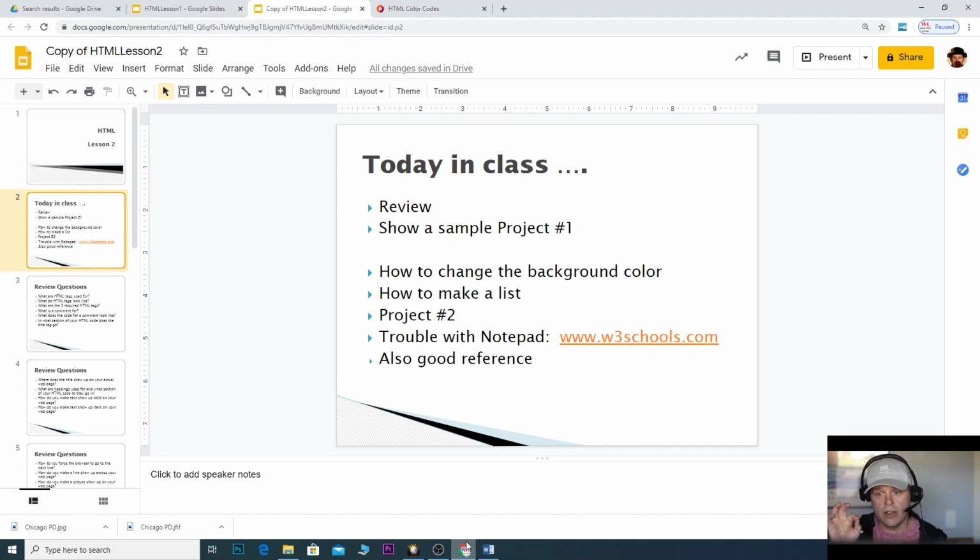Important things, if you're having trouble with Notepad, it's a text editing device, text editing on a computer. So if you're on a Mac, it might be called TextEdit. If you're on something else, try something else. But if all else fails, if you can't get on a computer, you can go to w3schools.com,